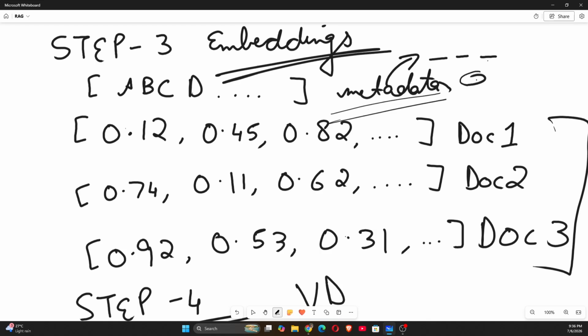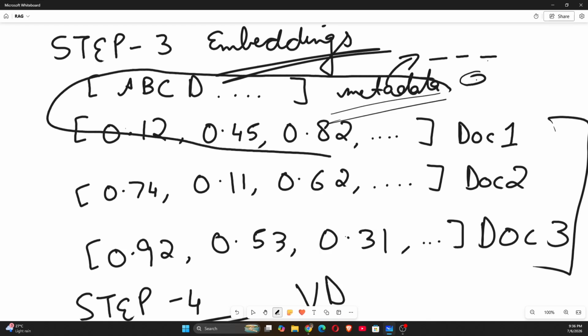So these three things are stored at once in the vector database: the original text, the vector form and the metadata. Why the original? Once we compare the vectors, we will be taking the original text to the LLM so that it can generate an answer. And the metadata will be storing the page number and all that, so that it becomes easy for the LLM to include all those details. It will fetch that from page number this, it is written that this, so it becomes easy to generate the answer. Okay,